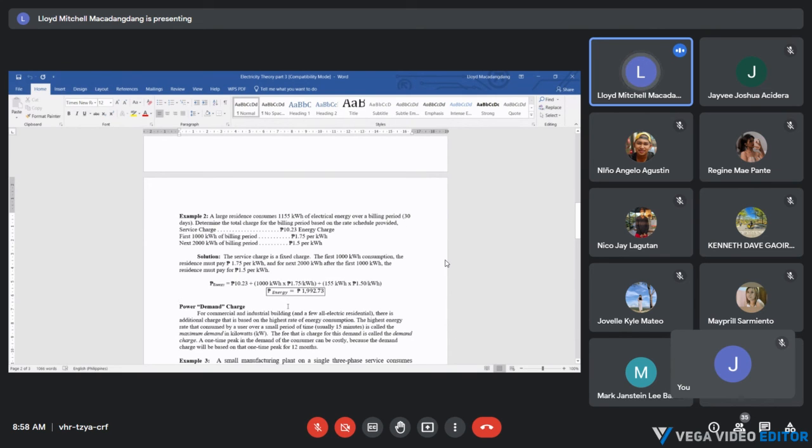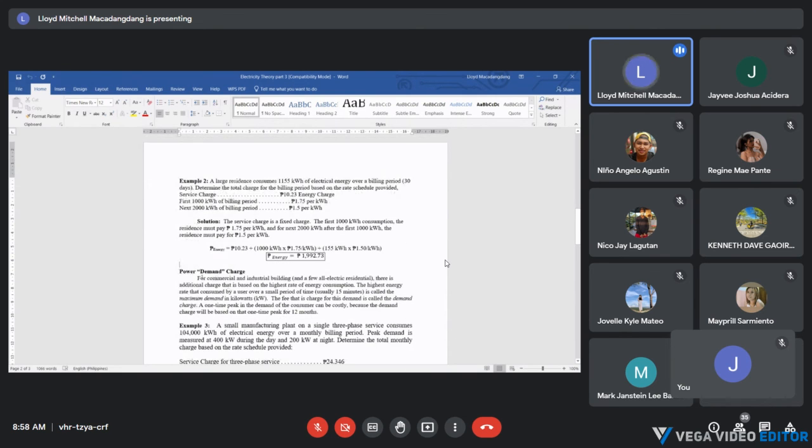Next you have the power demand charge. For commercial and industrial buildings, and a few all-electric residential, there is an additional charge that is based on the highest rate of energy